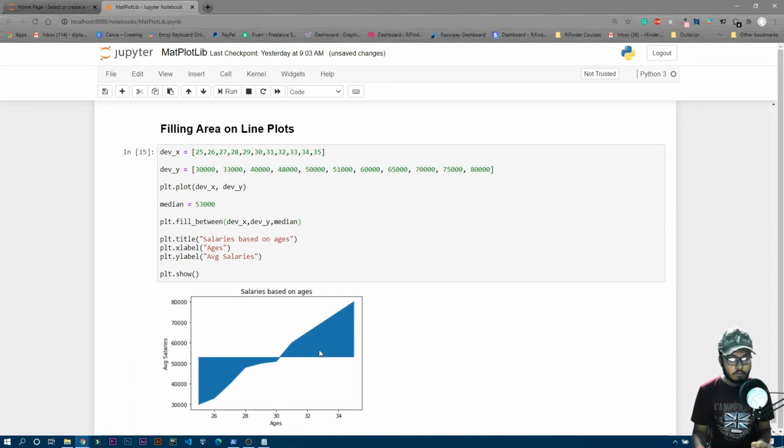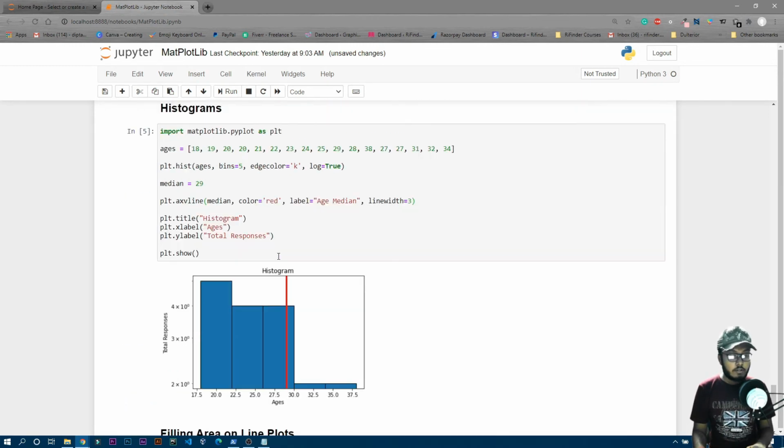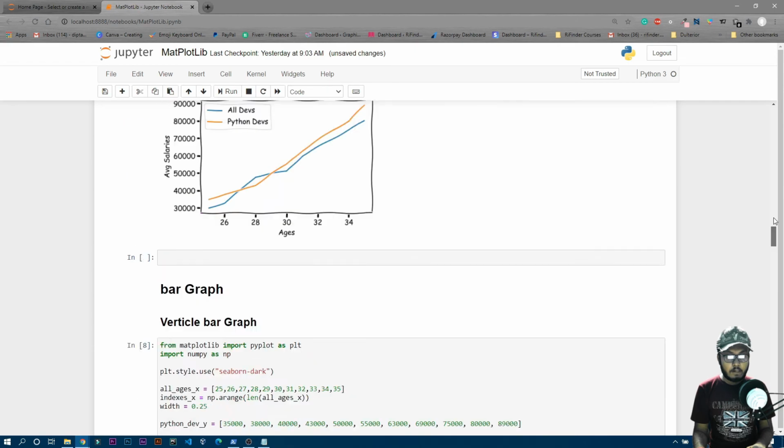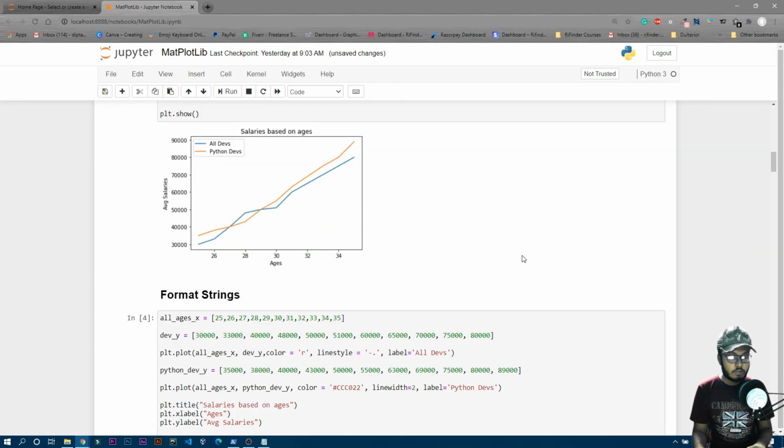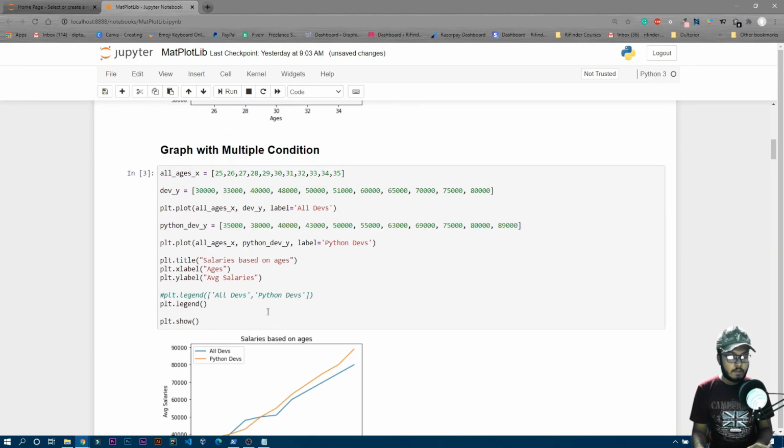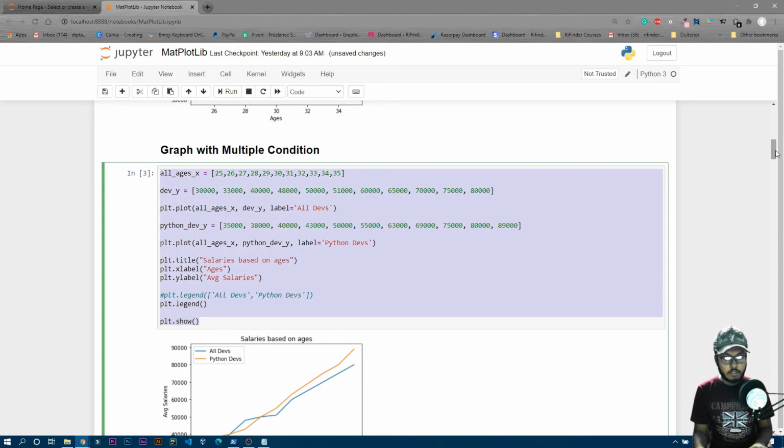Above that particular median, the areas are in the downside, and below that particular median the areas are in the upside, right? And in this way you can create an area of a particular plot. So assume now we have two different line plots. Let me just quickly copy this one. This has two different line plots, so I'll copy this one